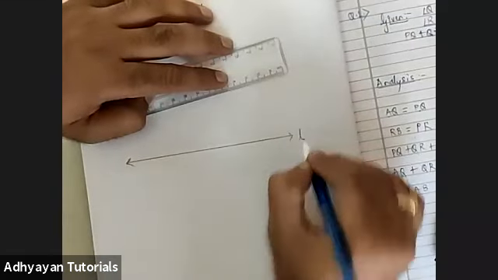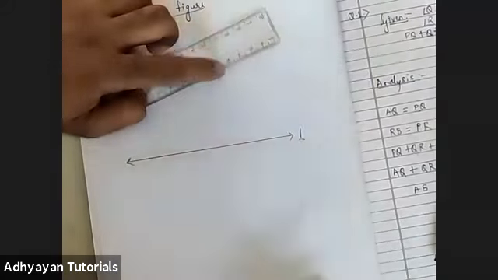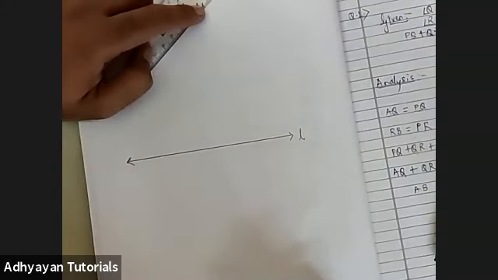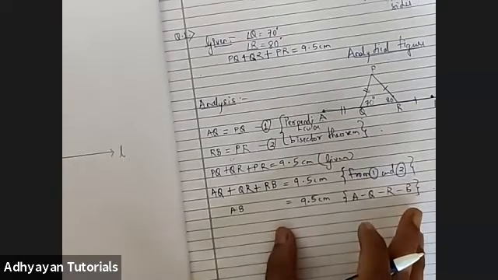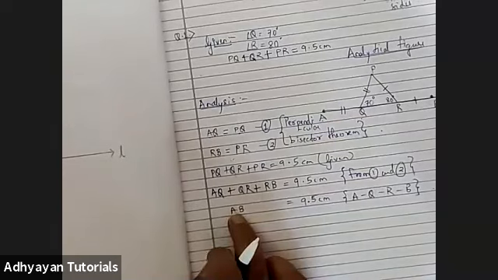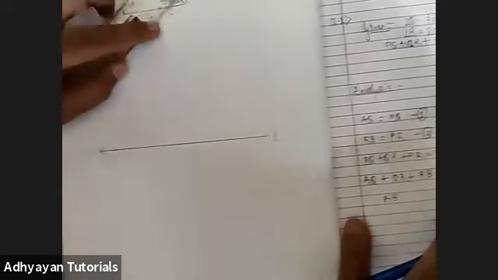I name the line as small l. You could have named it as small a, b, whatever you want. Sir, please show the analysis for a second, please. Ayan, don't worry, I will let you copy the analysis later at ease. For now, just remember AB is 9.5, which we are trying to draw.